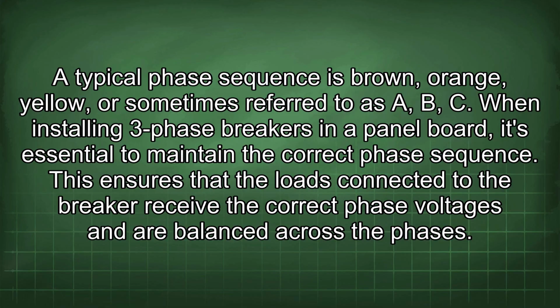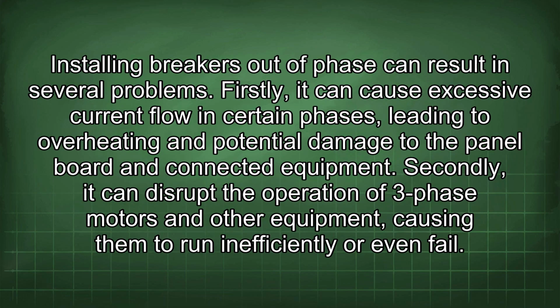When installing three-phase breakers in a panel board, it's essential to maintain the correct phase sequence. This ensures that the loads connected to the breaker receive the correct phase voltages and are balanced across the phases. Installing breakers out of phase can result in several problems. Firstly, it can cause excessive current flow in certain phases, leading to overheating and potential damage to the panel board